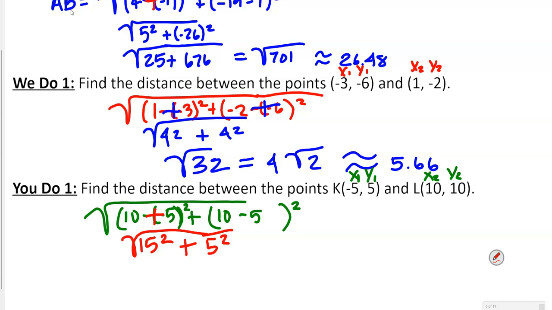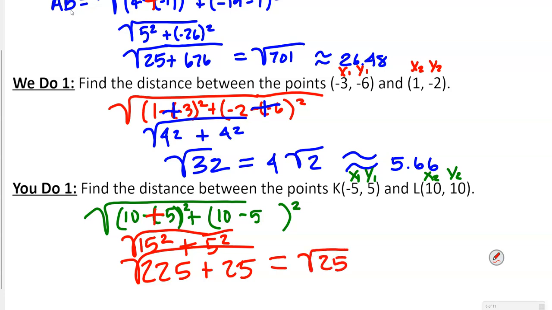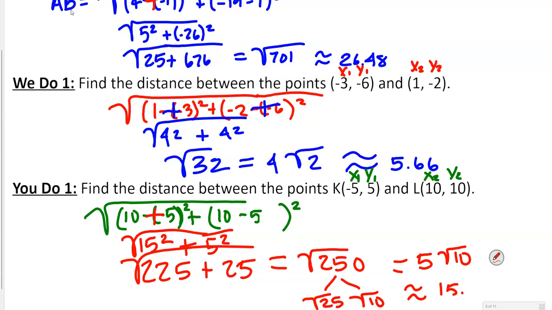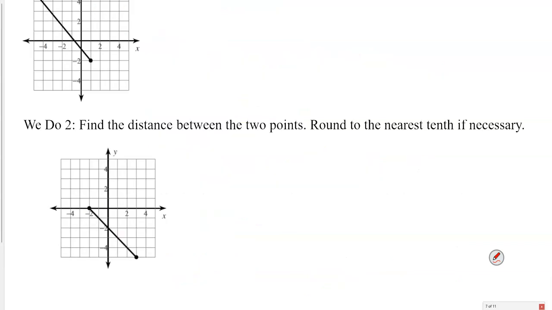So that's going to be 225 plus 25. That's going to be the square root of 250. Now, hopefully y'all can all see that this would be the square root of 25 times the square root of 10, right? Do y'all remember how to simplify that? Which means this is going to be 5 square root of 10. Now, we could compute that, right? We could just take the square root of 250, and if we do that, then that's approximately, because again we're talking about a distance, so that's approximately 15.81. Okay? Alright, so on this next one,